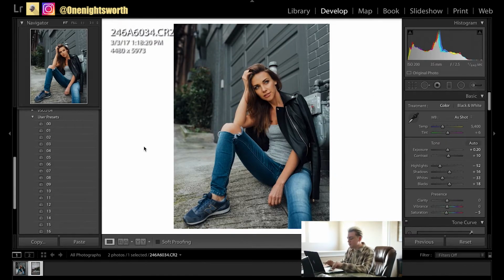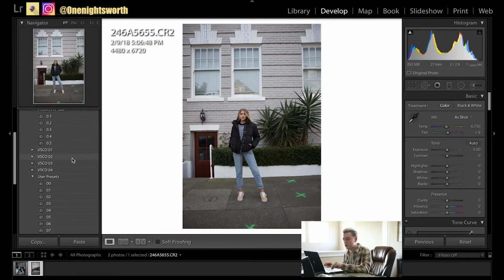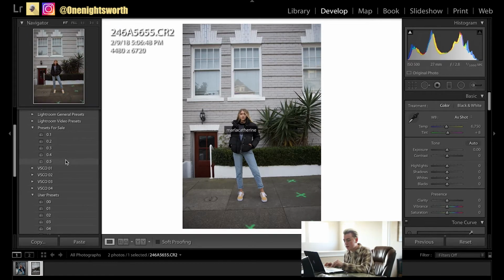So now we're gonna go on to the second photo. For this one, I'm gonna be doing a little bit more of a warmer, brighter image, just to do something different than the first image that I showed you. So I'm gonna be selecting a warmer preset that I have under these 5 presets that I made,